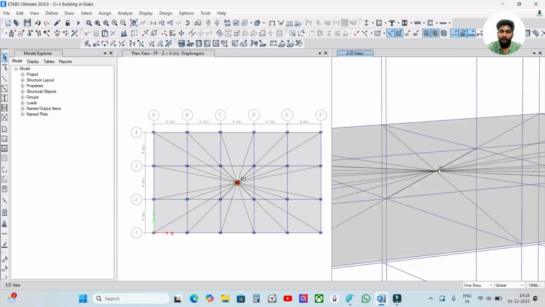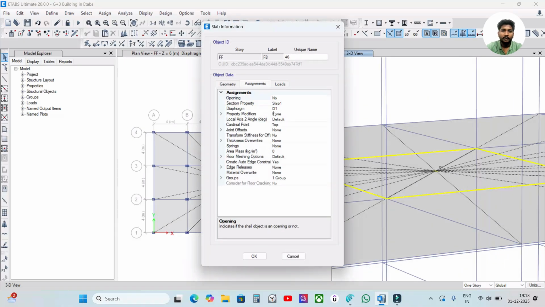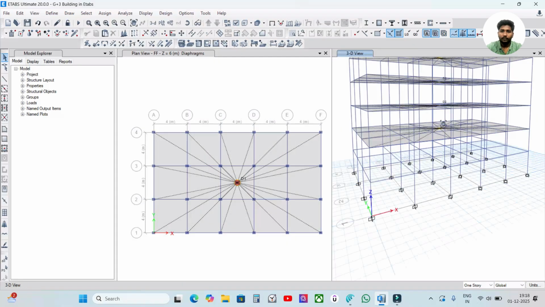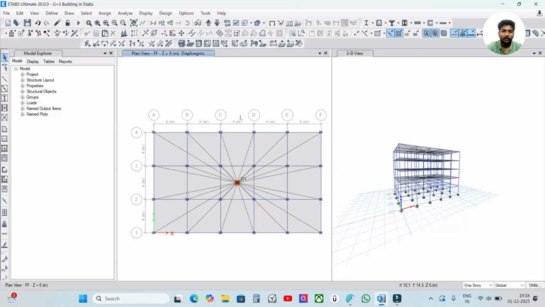As you can see, this value of D1 has been applied as per this slabbing for the first floor. The D1 diaphragm has been applied. Just click on OK, and you can see how the D1 has been applied. And for the second story, D2 has been perfectly applied as it was there. Now for the third story, we will go once again to